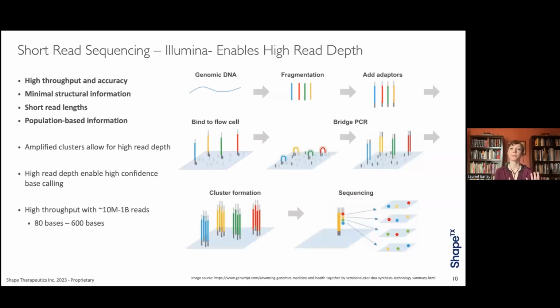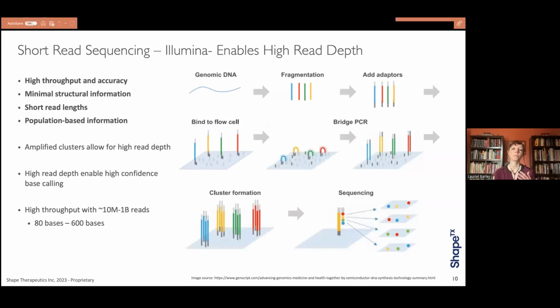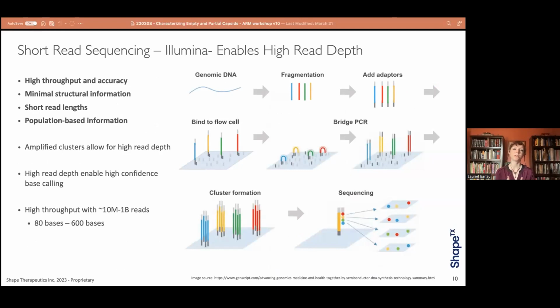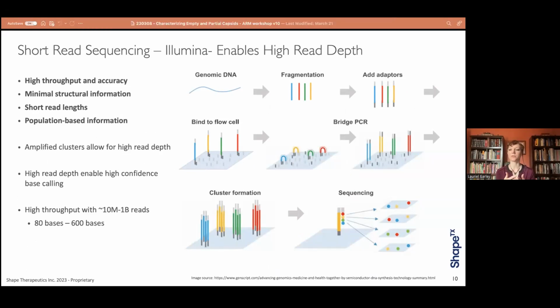Probably a lot of you are already familiar with Illumina. This is our short-read sequencing platform. Illumina is the dominant short-read sequencing platform currently, but there are some up-and-coming competitors. The important point here about short-read sequencing is that it is short. So you fragment your genomes before you sequence them. And traditionally, you're going to be looking at sequence reads with high quality between 80 and 100 bases. There are some new techniques that can get up to 600 bases, but this still, of course, is less than the full size of your genome. So these are still short reads.